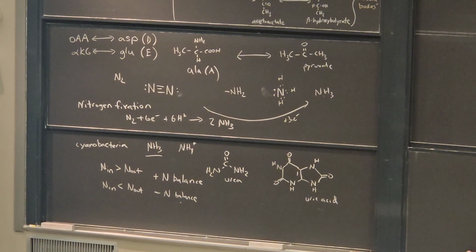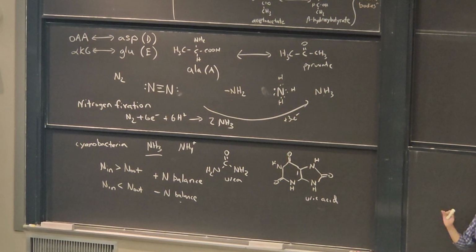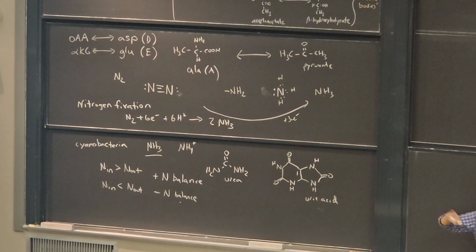Now it turns out if you're a prokaryote, you're a plant or a yeast or a bacteria, if you have enough energy and you have a source of nitrogen, of ammonia, symbiotic relationship with a cyanobacteria, or you are a cyanobacteria, or you eat something that gives you ammonia, it's fine. You can actually turn that ammonia into all 20 amino acids you need to make proteins. But you as humans cannot do that, okay?